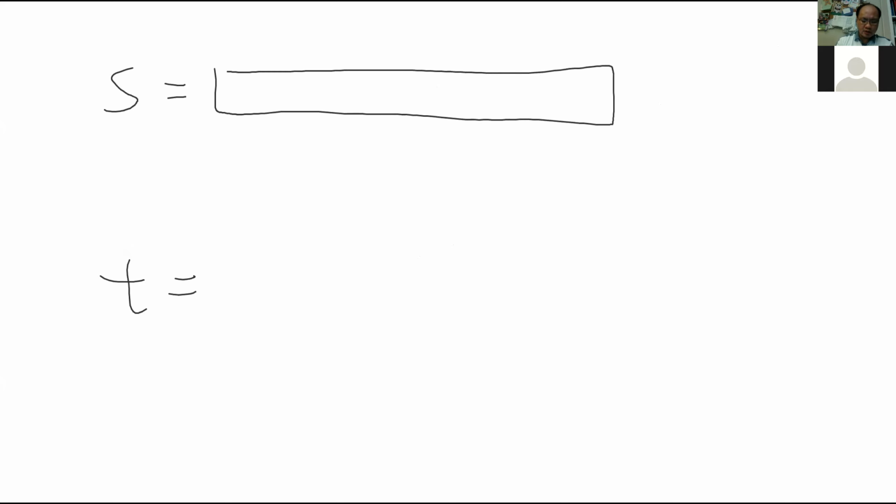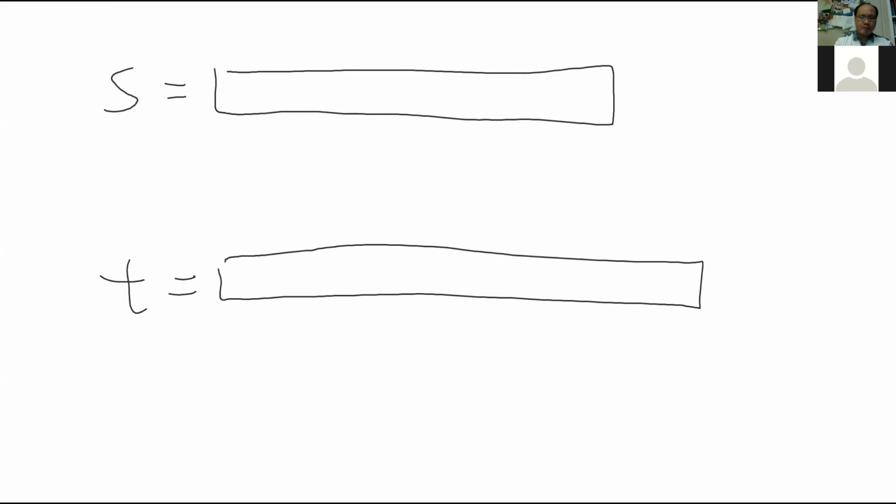So again, we're going to look at S and T, and I'm just going to draw abstractly that you have a chunk of characters and you have a chunk of characters. And what I'm going to look at is what is the last letter. Let's say that they're both A. In this case, they're both the same, so I actually don't have to do anything. I can just cut this off, and I ask recursively,